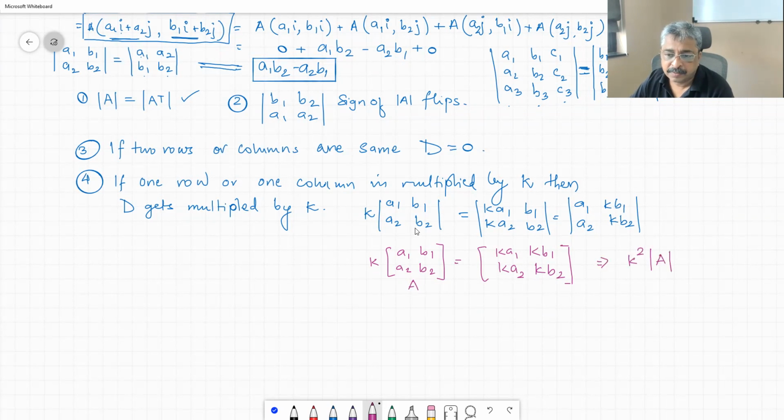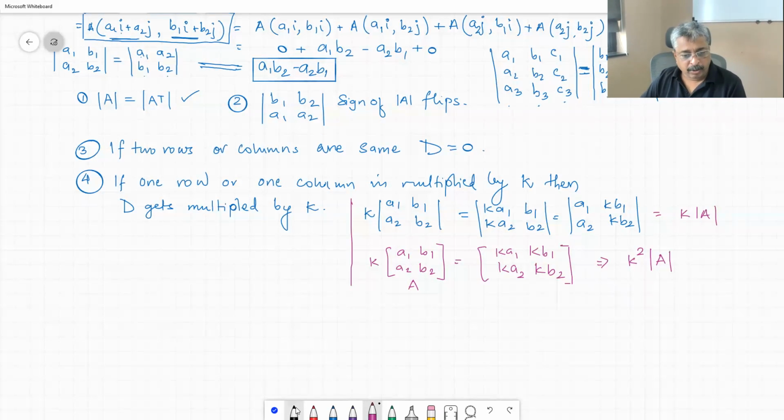However, this is K times determinant of A. I'm trying to make it clear. Hope you understand. This is a very important information that you must have. Okay. Another property is,